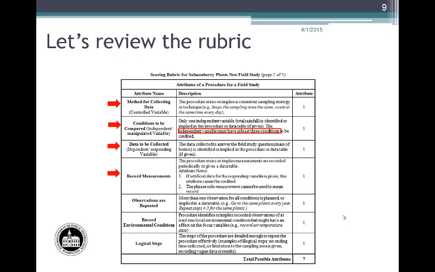Attribute notes are further clarifications about how the attribute can be earned or not, and in some rubrics, how that attribute might impact the earning of other attributes. The observations are repeated attribute is earned when a procedure includes steps to make at least 2 observations for all of the conditions of the independent or manipulated variable. If we look back at the original scenario, this attribute would be earned by the inclusion of both Step 5